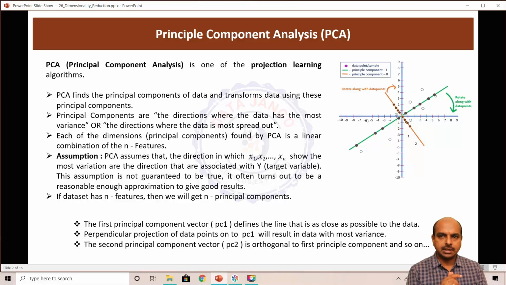The point here is, principal component analysis will not consider the y variable, it only takes input variables. Blindly it takes the input variables and thinks that the most strongly related input variables between themselves, the multicollinear columns, matter. What is multicollinearity? When more than two columns are strongly correlated, we call it multicollinearity. The algorithm assumes that the multicollinear columns, the strongly dependent columns in the input variables, have